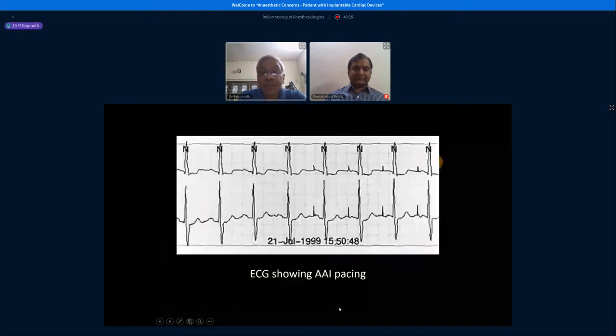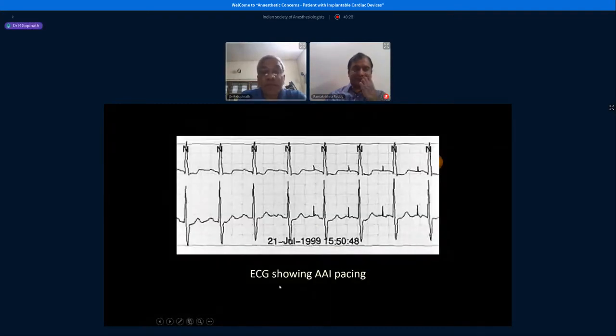So these are some examples. This is basically atrial. If you see, the first few ECG waves are normal. You have an atrial or a P wave followed by a QRS complex, and then here probably there is an aberrant rhythm. So this shows atrial pacing. Atrial, this is sensing an aberrant rhythm, and it is inhibiting. So if you have an atrial or a normal P wave, the device is inhibited. So this is an AAI mode.